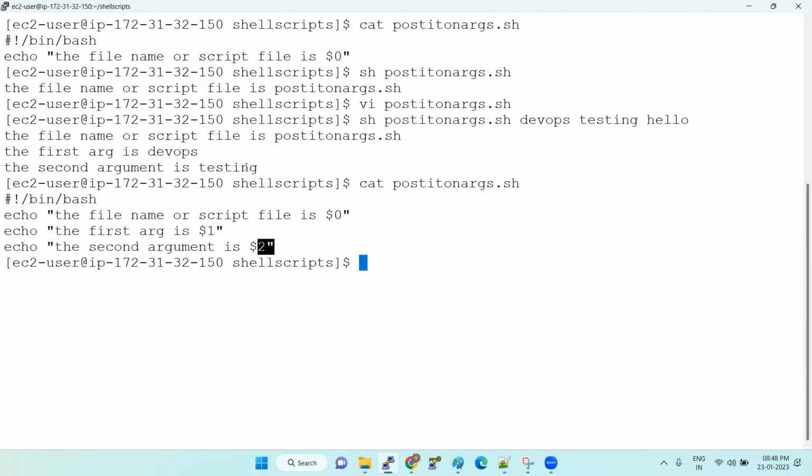Got it? Able to understand, guys? So now how many arguments I will pass, I don't know. I may pass 2 arguments, I can pass 3 arguments, I can pass 4 arguments. So in order to get those kind of things,